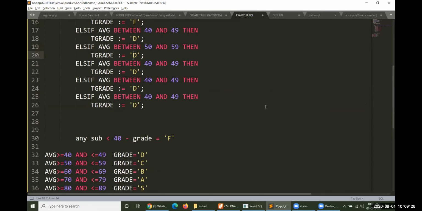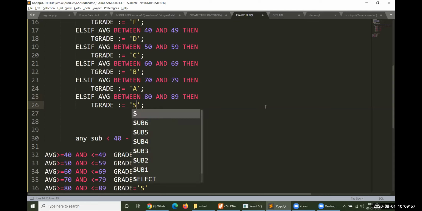Then the grade will be C, and 60 to 69, the grade will be B, and 70 to 79, the grade will be A. And 80 to 89, the grade will be A plus.